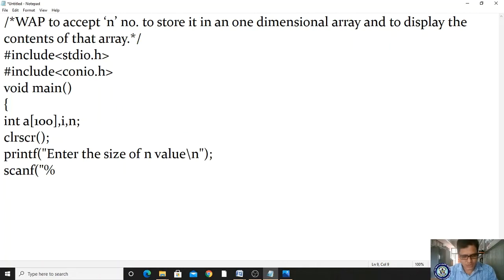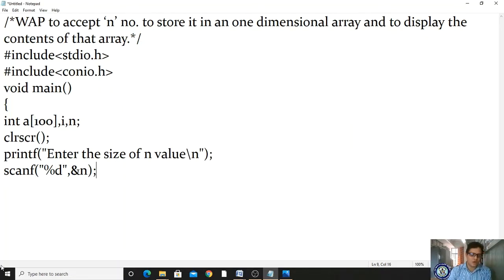I'm using %d for integer and giving ampersand n. I do not know the value of n; at program run time I will give it. But how many values can I store? 100. If I give the n value as 1000, I can store only 100. The rest will be skipped. Clear?